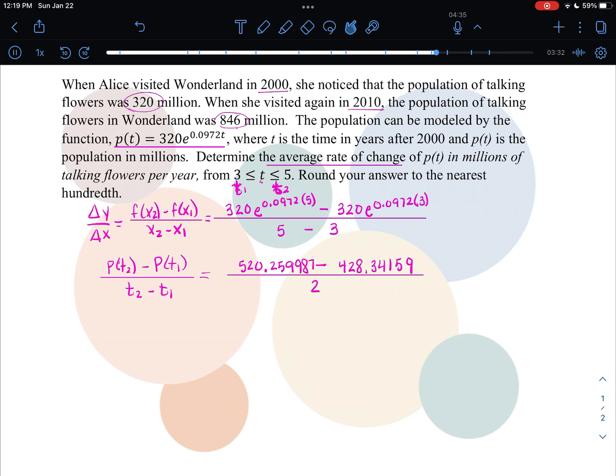I'm just going to add the additional numbers onto my values on the top. The top then simplifies to 91.91839317 divided by 2, which gives me